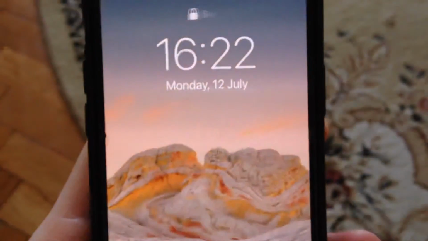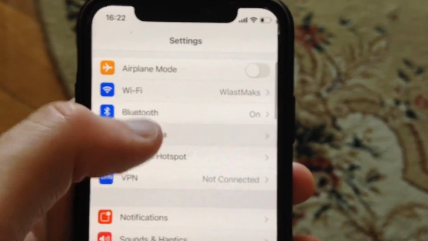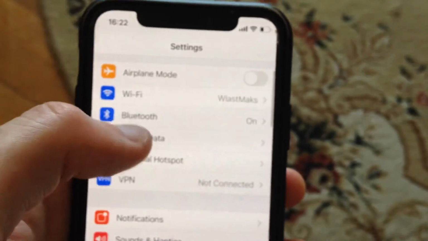And also you can try to change your network, so I will show you how you can do it. So just take your phone and open the settings, and in the settings, if you're using Wi-Fi, just try to use mobile data and turn off Wi-Fi. And if you